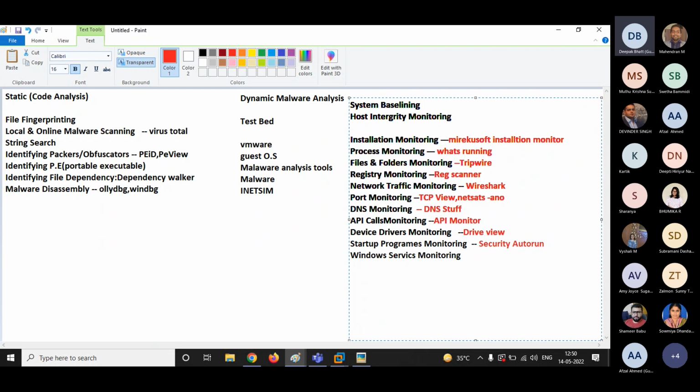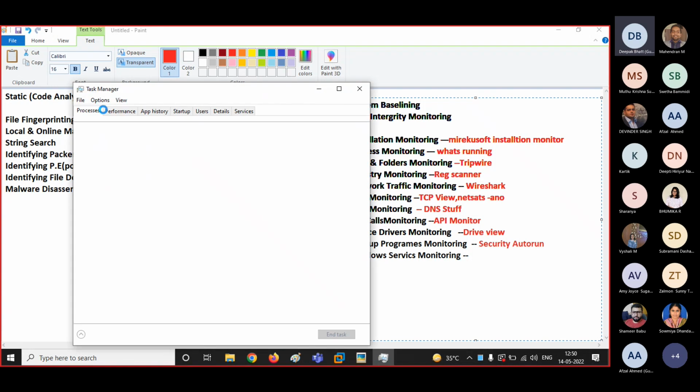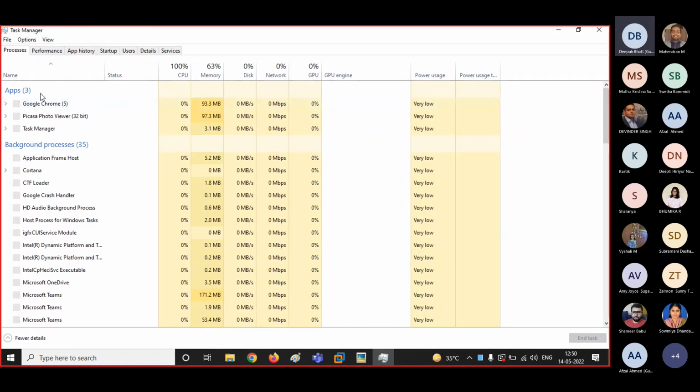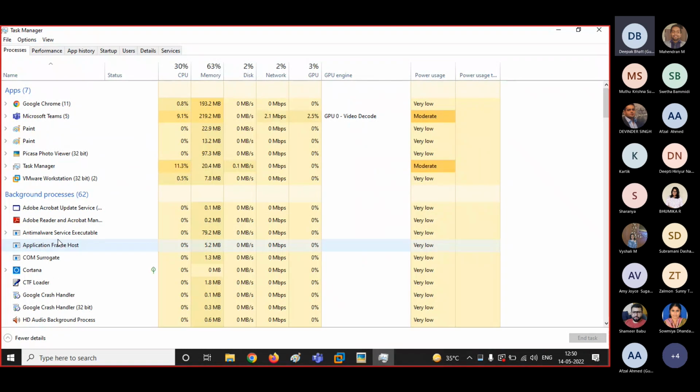So Windows service monitoring, guys: whenever I execute a malware on your system, you can easily get the information about that malware by looking at your task manager, all right? Because you get the list of the processes over here. Now, if in this process list it is written payload 112, 113, it is easily recognized, correct or not? And as a security person, you will end that particular process and I will be out of your system.